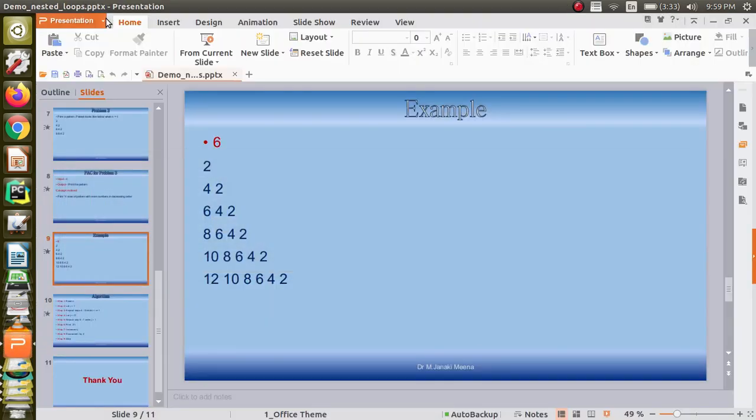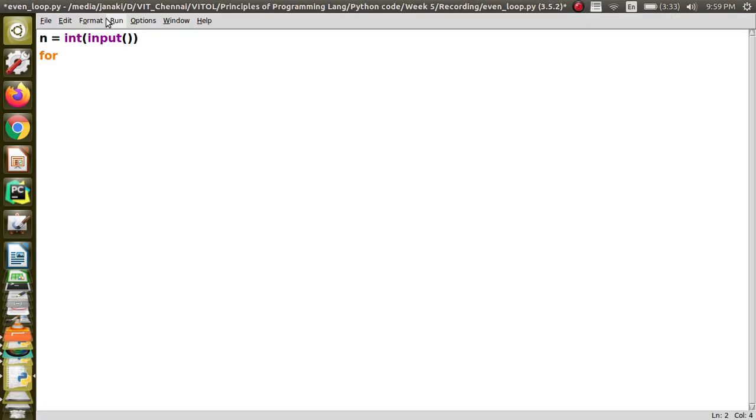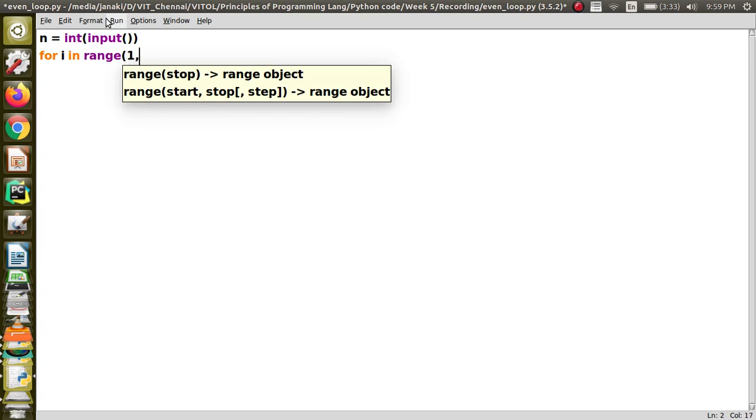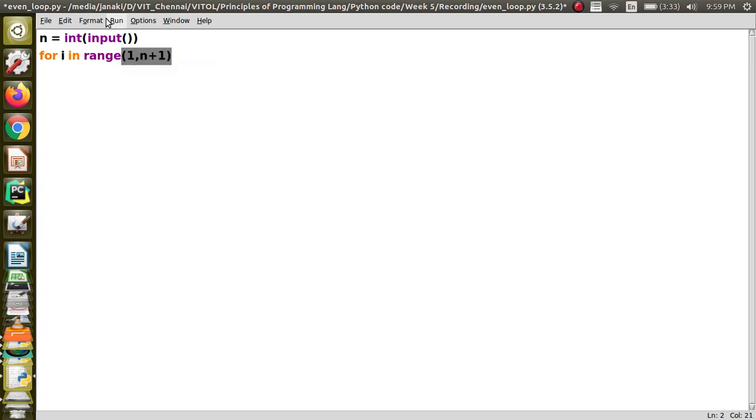And then we have to have two loops. The first loop is for i in range, 1 comma n plus 1. There are going to be n rows.